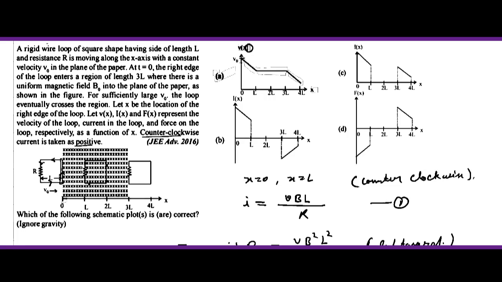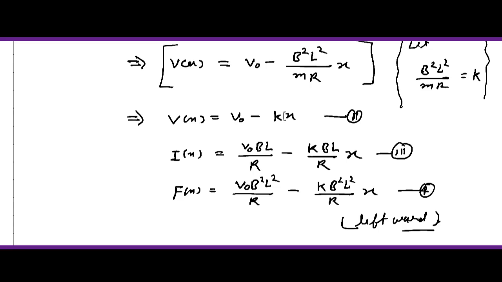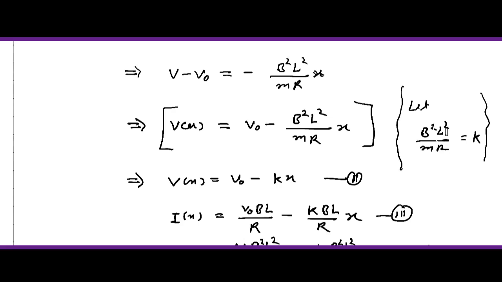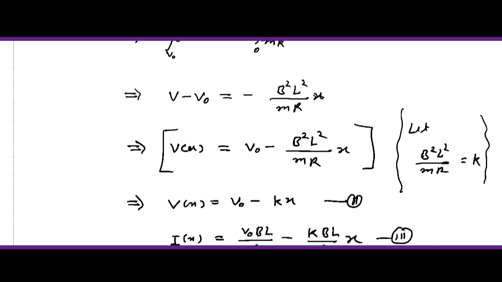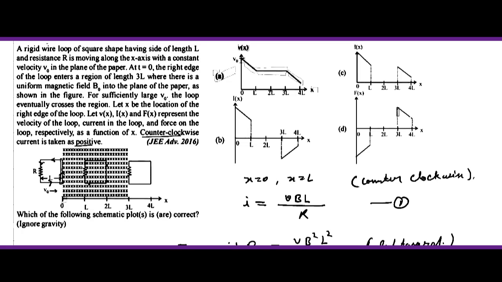ठीक है, करेक्ट एक्सप्लेनेशन ये दे रहा है। दूसरा यहाँ पर देखें, V_x के साथ हमने लिया है, V_x की वैल्यू V_0 minus K by x है। तो यहाँ पर ये B² L पर डायरेक्टली डिपेंड कर रहा है और R पर डिपेंड कर रहा है। क्योंकि R तो चेंज नहीं हो रहा है, L चेंज हो रहा है, तो L जैसे जैसे चेंज होगा उसके साथ V भी चेंज हो रही है, मतलब वेलोसिटी भी चेंज हो रही है। तो जो B ऑप्शन है वो भी हमारा करेक्ट है। ये तो सेम है। इसके बाद करंट जीरो है, करंट L से 3L तक जीरो है।